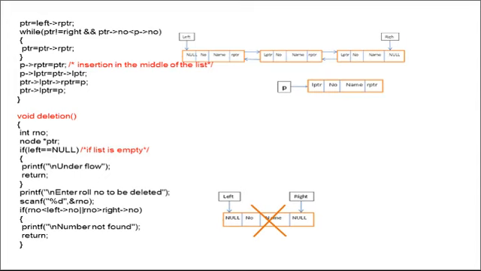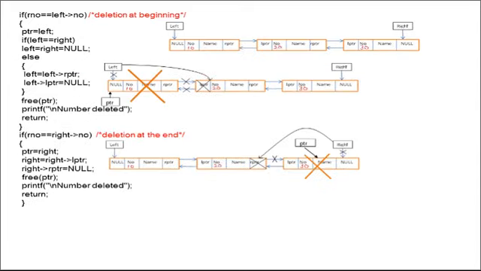If these two cases are not satisfied, then we will go to the third condition. So what is the third condition? If roll number equals left number. So what does it mean? This is 10, 20 and 30. This is the already existing double linked list. Left is a pointer always pointing to the leftmost node. Right is a pointer that always points to the rightmost node. And this roll number is the newly entered roll number. So this roll number equals left number.